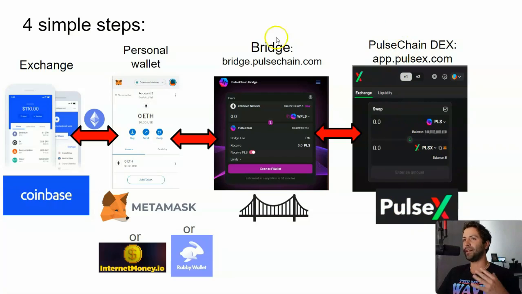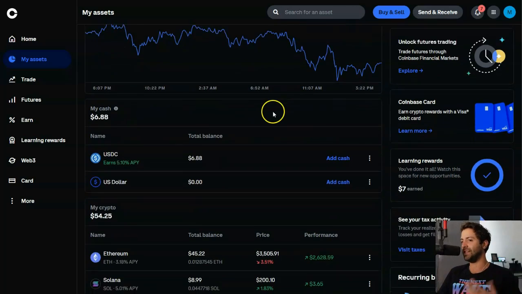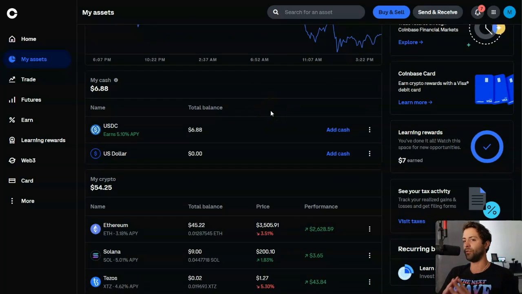Now you're going to watch me click through all these steps one by one. So we're starting off at our Coinbase account, right? If you don't have an account already, just set one up. It's easy. I'm sure you've set up an account for something before. It's not hard at all. You can see right here, I've got $45 of Ethereum. So step 1 is you buy Ethereum on your centralized exchange account. I've already bought some Ethereum here. And step 2 would be you're sending that Ethereum out of the centralized exchange account, Coinbase in this example, to